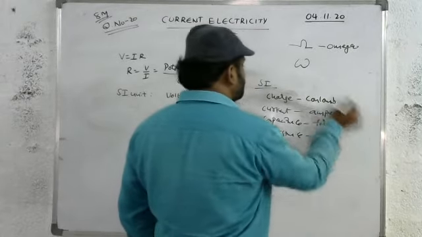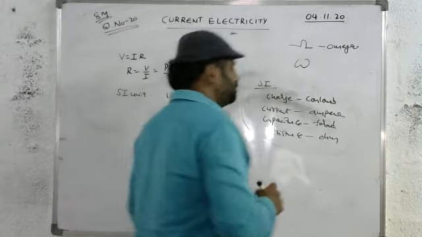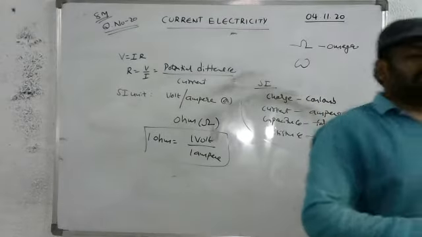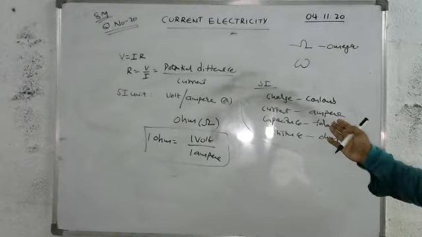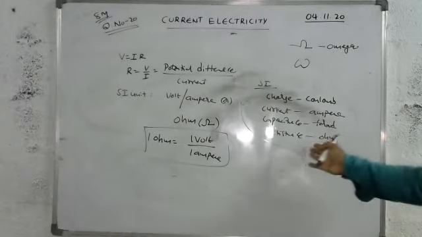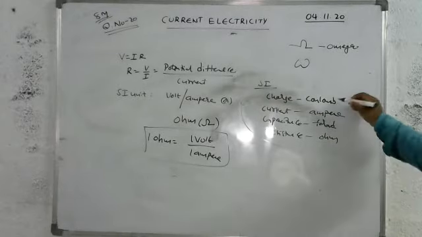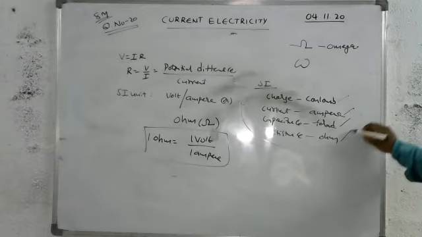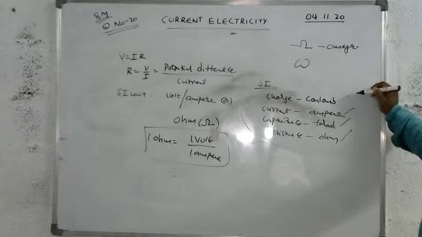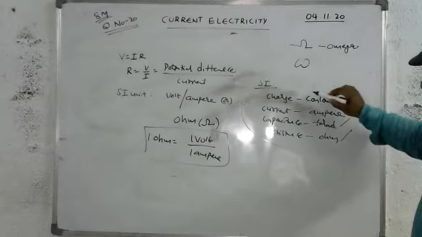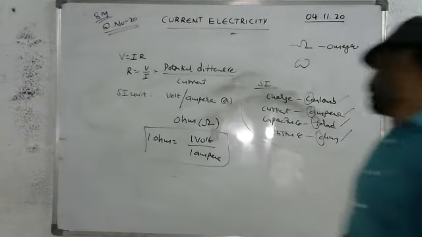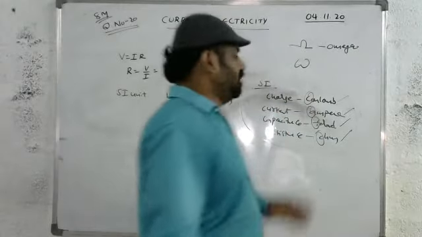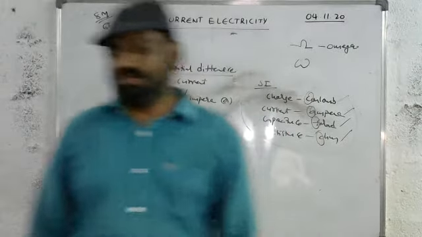You have to remember these units, which are very important. Charge can be measured in coulomb, current in ampere, capacitance in farad, and resistance in ohms. These are all scientist names, so the starting letter should be a small letter. It is not general English words, so we keep small letters to indicate the units.